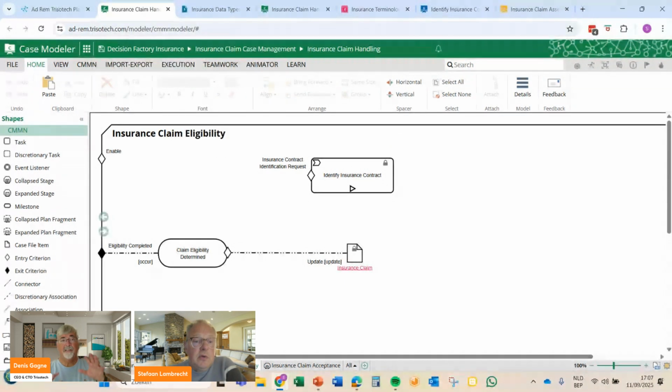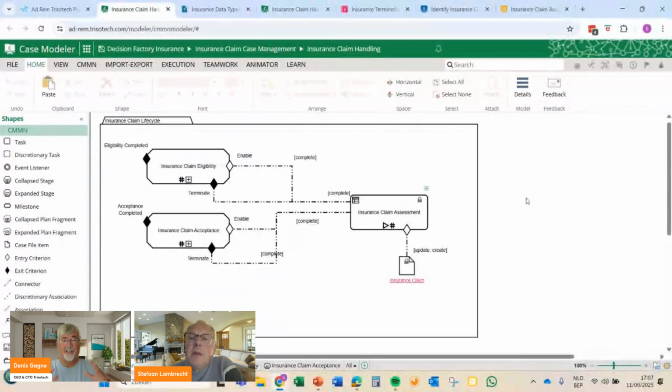So I noticed that this is not the complete model you showed us earlier. So you're focusing on a smaller part so that we don't get overwhelmed with too much happening at the same time. Yes. It will work for the entire thing, but for the sake of this presentation and the clarity of it, I just stripped it down to some essential parts.